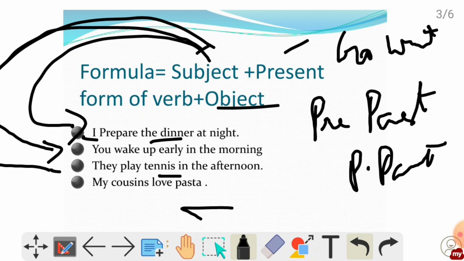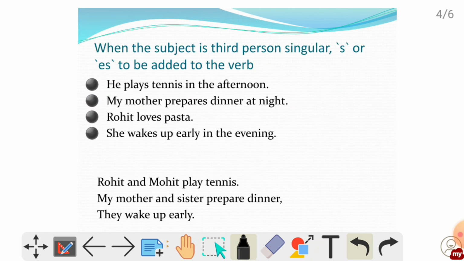So moving on to explore more about this. Now there's a particular twist here. Whenever the subject is third person singular, means your subject is not I or you, or not something like between us, it's beyond us. He, she, my mother, my sister, my friend, something like that, third person and a singular, then an s or es to be added to the verb, right? Simple thing. If the subject is not I, you, or something like that, or any plural, if it is a third person and a singular subject, then you have to place s or es to the verb.